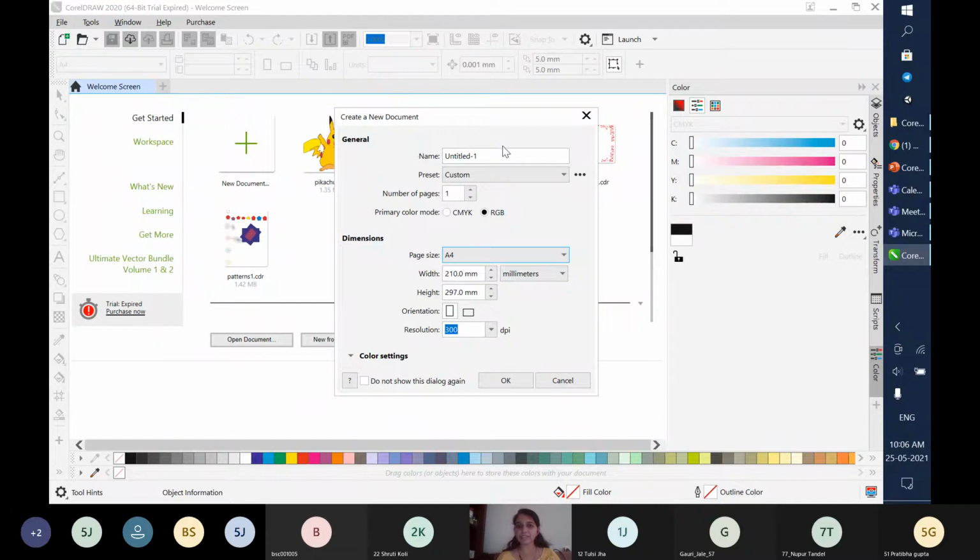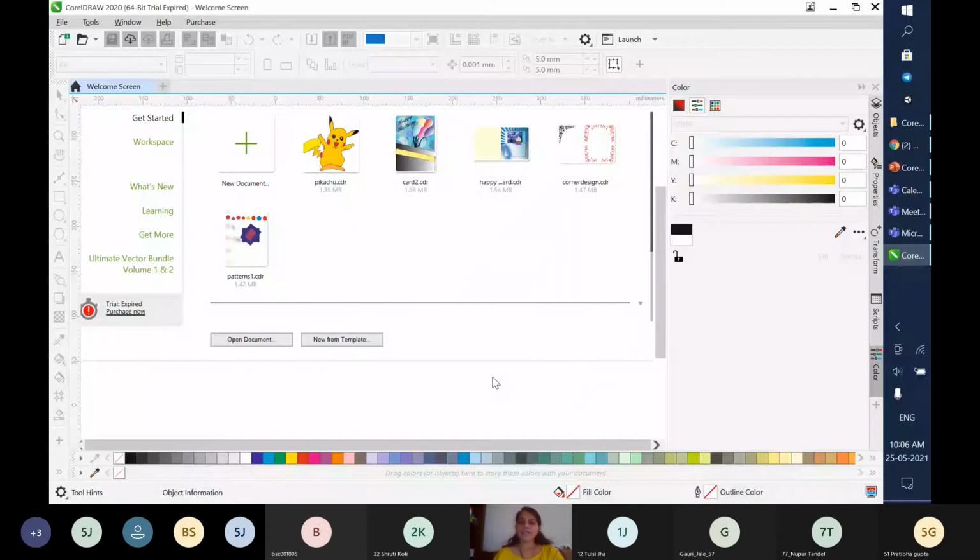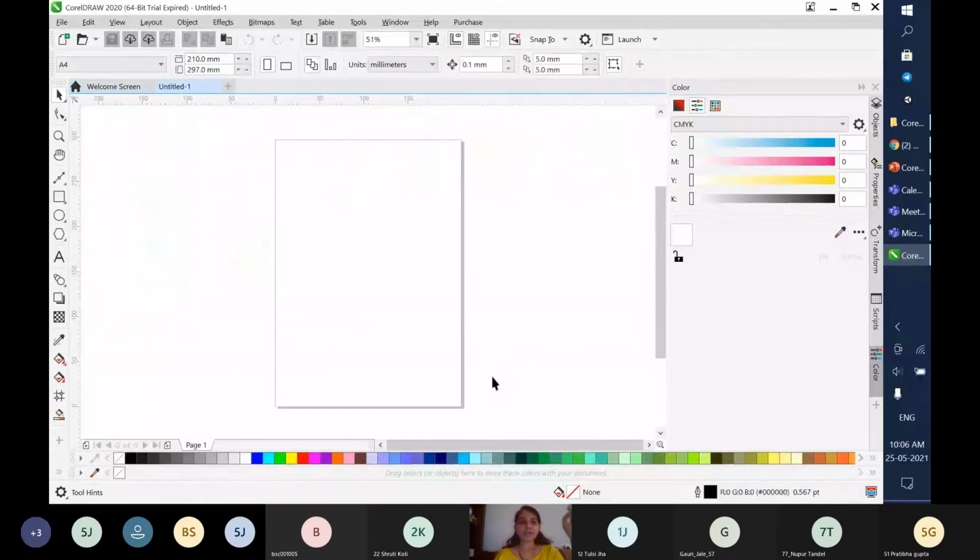We are going to name it, decide the mode, decide the number of pages, then the width and height of your page. The selected page size can be A4, A3, envelope, and then the orientation of your page, whether you want it horizontal or vertical. Both the options are with you. Resolution you're going to decide, and then click on OK, and one blank window will open, and there we are going to focus on all these options.